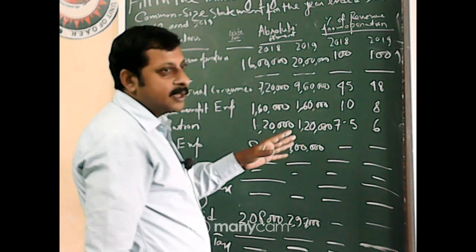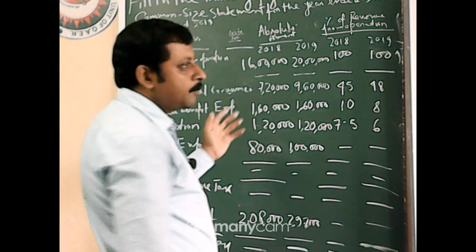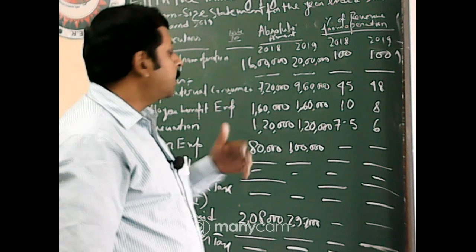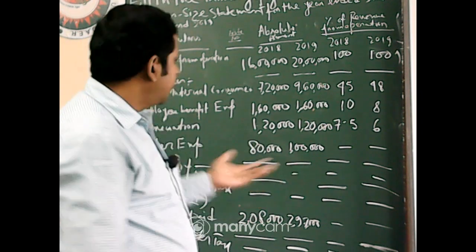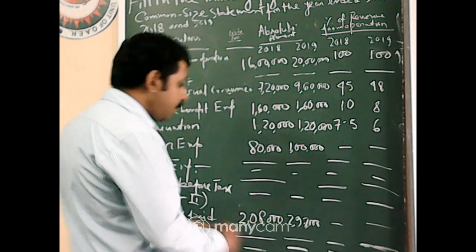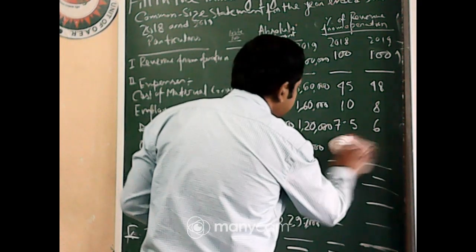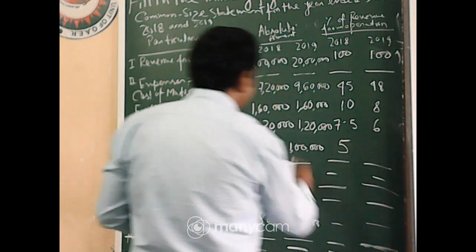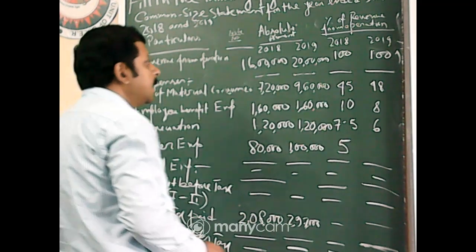This is natural, because in the previous example, whatever example you take, we have done this. What is the percentage we reveal? The same thing: 80,000 divided by 16 lakh into 100. What will the percentage come? You just write it in here. That is 5%. And 1 lakh divided by 20 lakh.